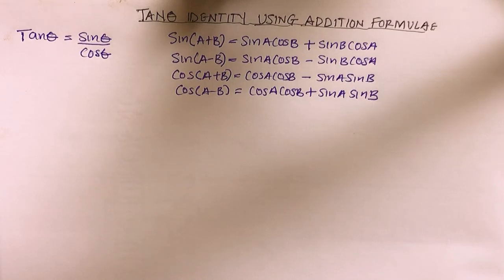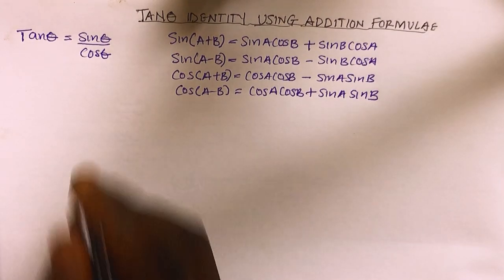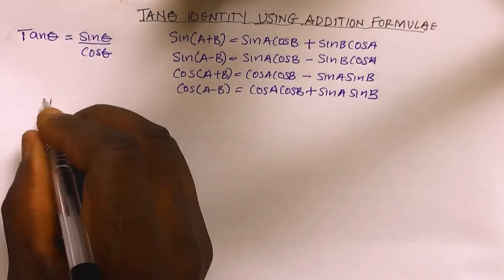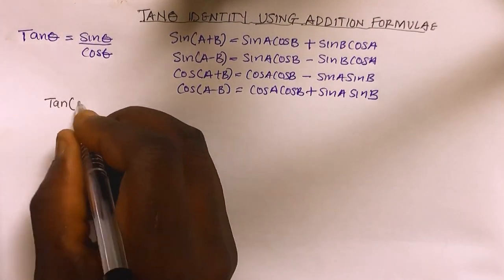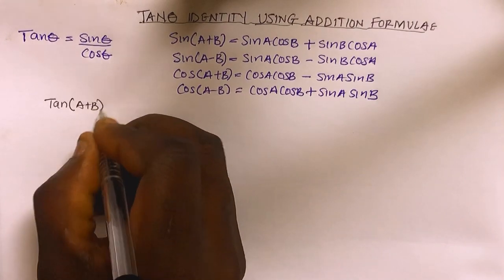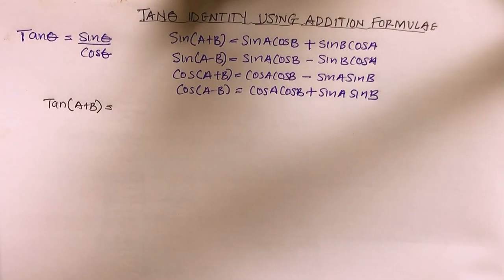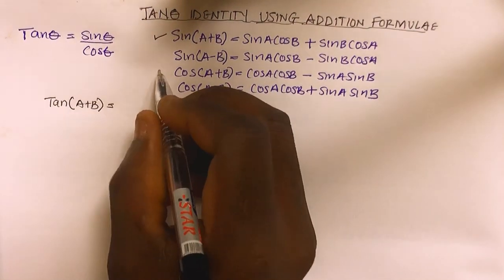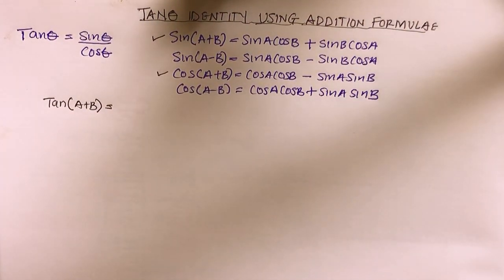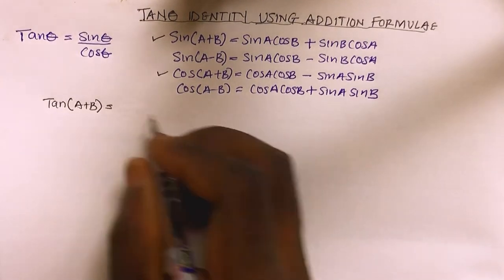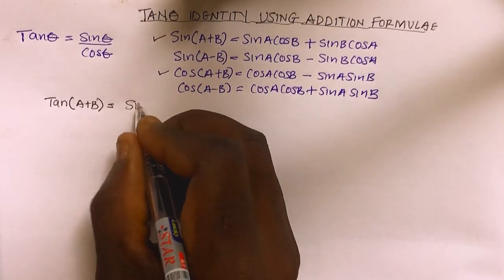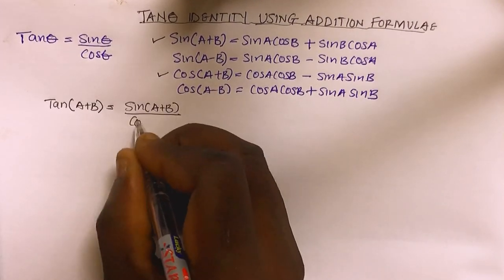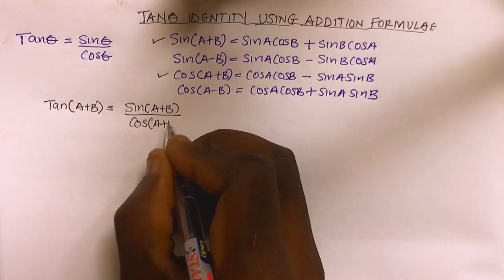Now looking at this, my tan equals sine theta over cos theta. That means I can say tan A plus B. Tan A plus B means I'm going to consider the value of sine with addition and the value of cos with addition, then I'll divide it. So I'll have sine A plus B divided by cos A plus B,